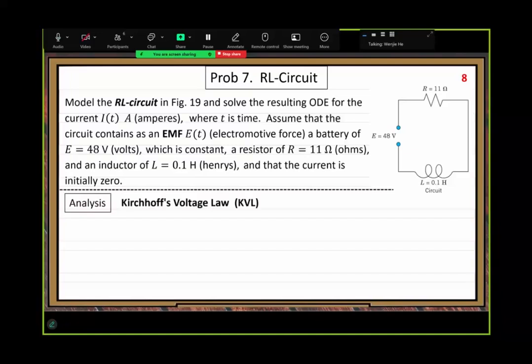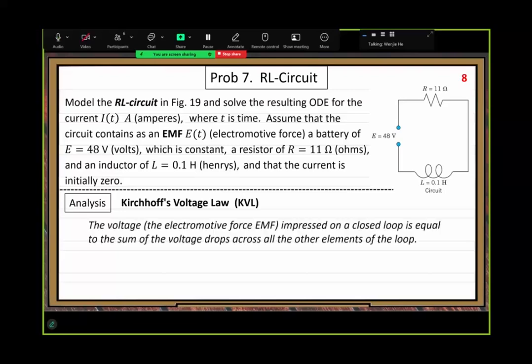So we call it Kirchhoff's voltage law, KVL. Kirchhoff's voltage law gives us the global description of the system. So what's that? It's very simple. It says the voltage,